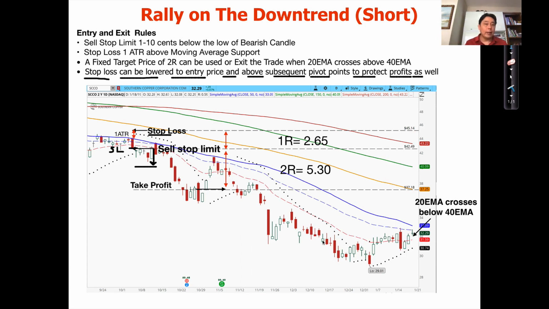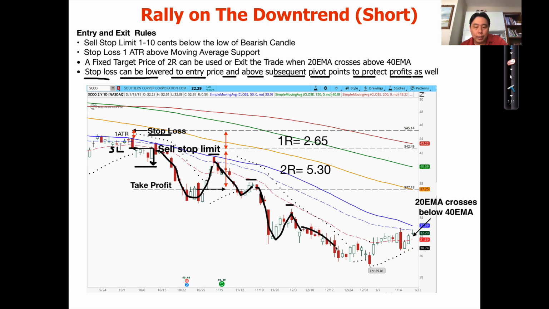And the best time to do that is when you see another pivot point. So it goes down and it goes up, and it hits the 50, comes down, and that's a new pivot point, right? So you could then shift your stop loss to above that to protect. Goes down again, goes up. In this case, it doesn't hit the 50, but it kind of goes towards the 20, comes back down. You could shift your stop loss above that to protect it, and as it goes up, pivot point, shift the